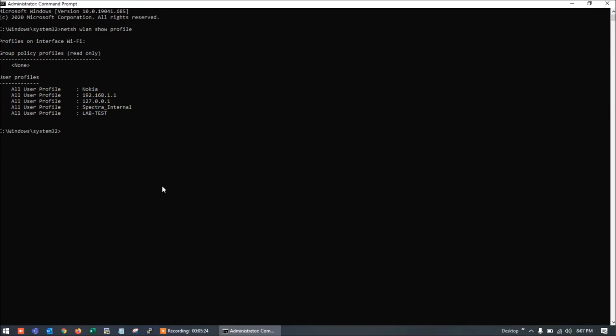If you want to disconnect the Wi-Fi from here only, you can also do that. I will show you how. First, I will show you the network through which you are connected. How can you check that? Same command, netsh wlan show network